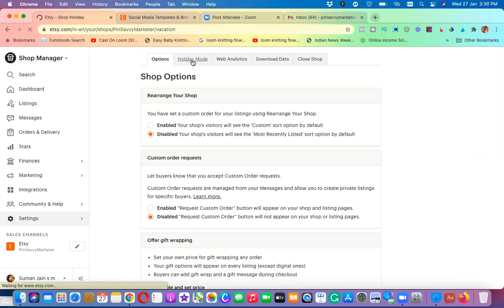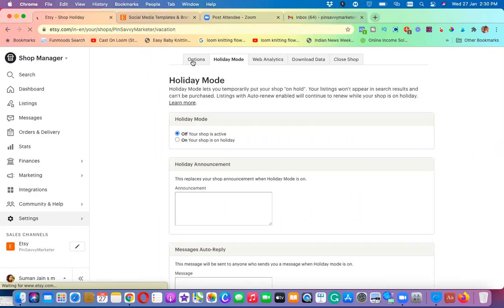The second option is holiday mode. For example, if your store is in holiday mode for 15 days, you can switch it on and put up an announcement. For 15 days this announcement will be there, and after the 15th day it will automatically turn off.